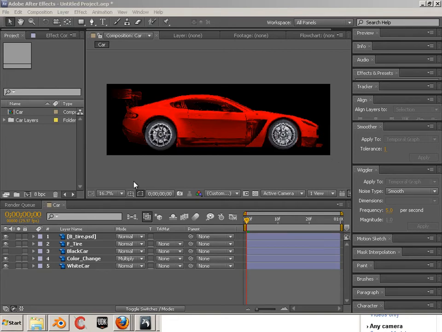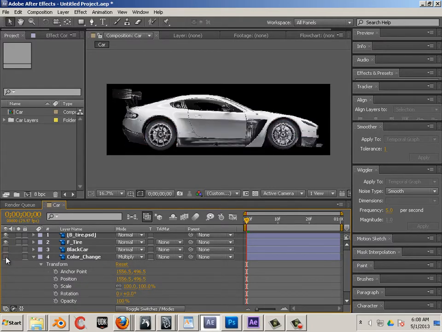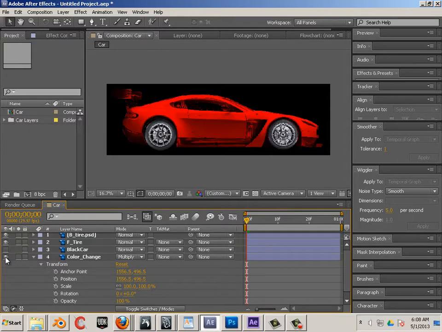Managing and keying effects. So this is a basic example of how to put an effect on a layer and how to key it. In this case, I have a layer set on this car to multiply. If you click the eye, you can turn it on and off. And what I want to do is click on color change, the layer itself, and I want to go up